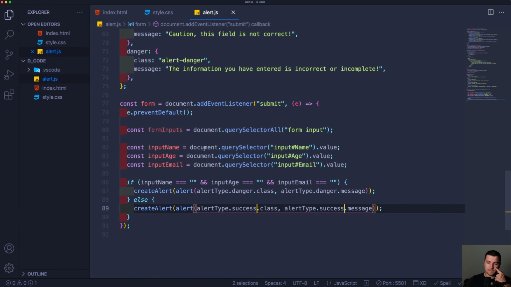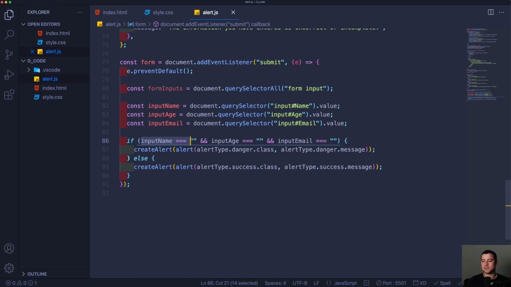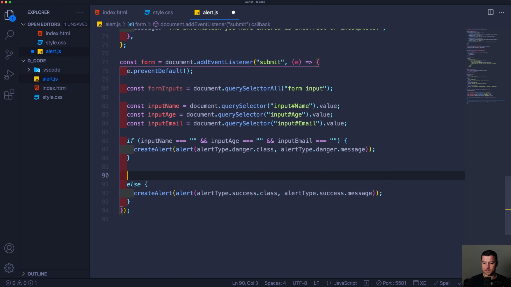Now, that's not all. We still need to check, this is a perfect example, if the name is inputted correctly, if the age is inputted correctly, and if the email is inputted correctly. So we can do this by going down here and typing in a couple of else ifs. So else if, you could also use switch statements here. So let's say that else if